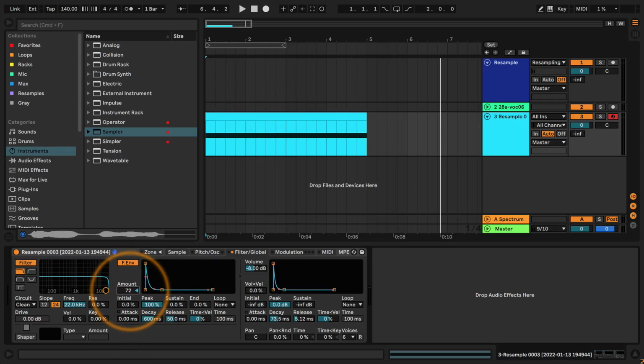I'm going to start by turning up the amount of the filter, and I'm going to pull the decay down a little bit. I'm going to increase the resonance of the filter, and then start to pull down the frequency. Can you hear how it's going chum chum? That's because this envelope is sweeping this down. You can imagine that it's pinging this down really, really fast. So fast that you can't really see it, but you can hear it. So as I change the frequency position, the resonance position and the decay time, we can start to get these